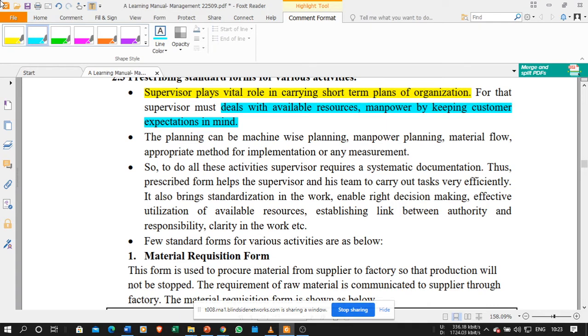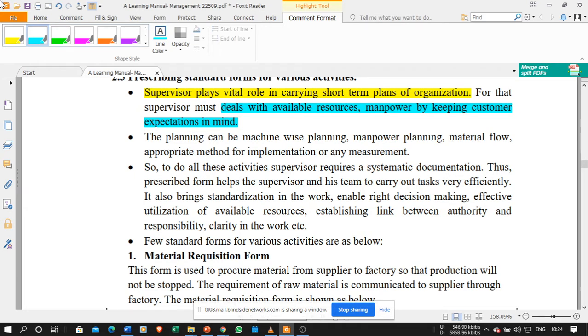If you give the after sale service to the customer and provide the product on time, definitely the customer will get satisfied, and he will tell the same thing to n number of his contacts: you have to purchase from this one, these products are good, they are delivered within time, and they also give after sales service. If there is a certain problem, the person will come within 24 hours or a few hours, and he will repair the product free of cost. Such things come under after sales service, within the warranty period or the guarantee period. Nowadays no one is giving you a guarantee, everyone gives you a warranty.